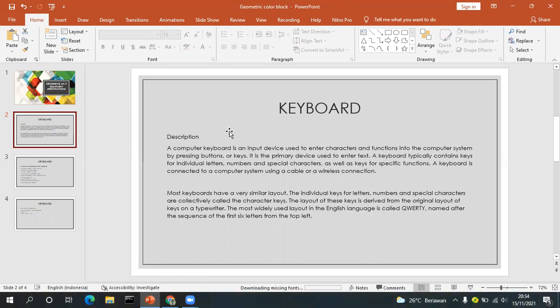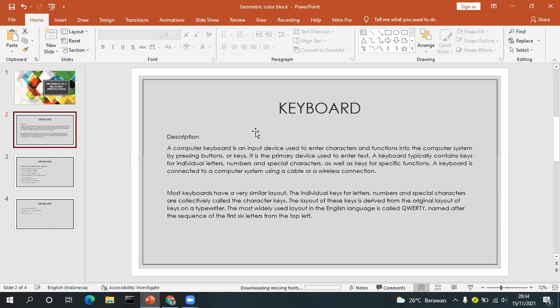The individual keys for letters, numbers, and special characters are collectively called the character keys. The layout of these keys is derived from the original layout of keys on a typewriter.